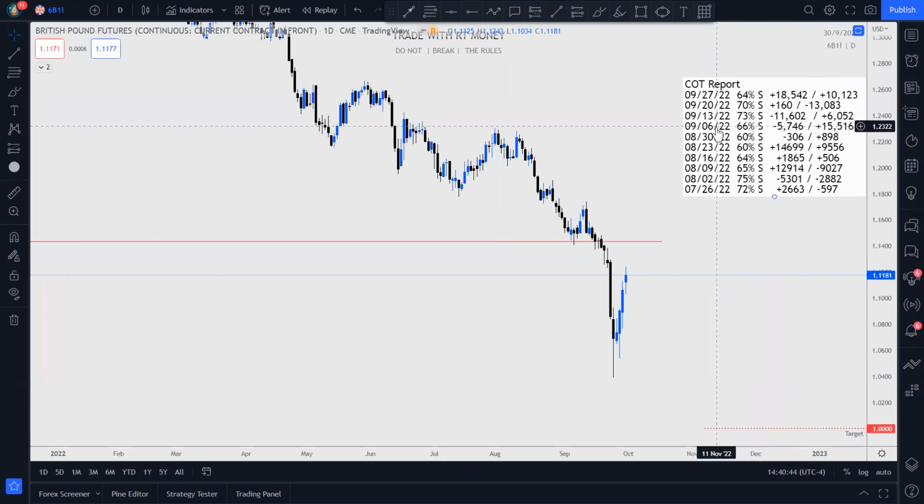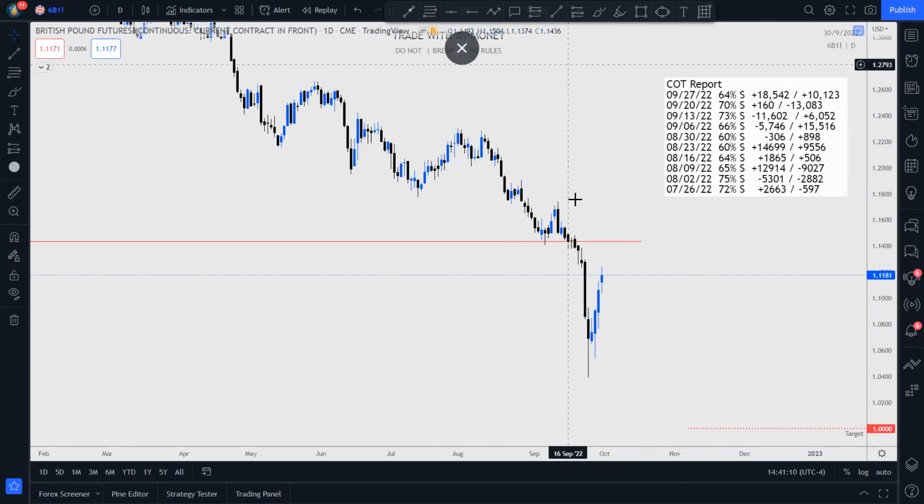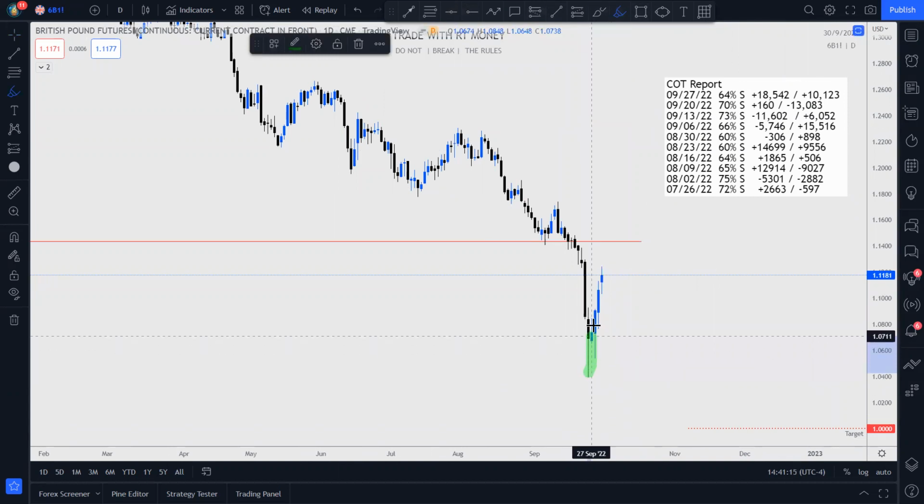At the beginning of September, they were closing long positions, 5,000. They were adding big-time numbers for the shorts. They knew it was coming down. They were planning on it. Okay, and here we are, just eating away. So now they're adding more shorts. They're also adding long positions at the same time. I think this is a near-term situation because I believe that just like with the US, just like with the euro, it's just an impulse and a correction. And I believe we are correcting right up here.